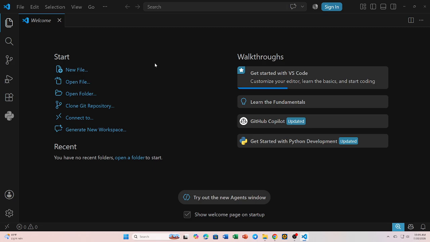And that's how to install VS Code. Once the installation is complete, you can move on to setting up your workspace, adding extensions, and configuring the editor